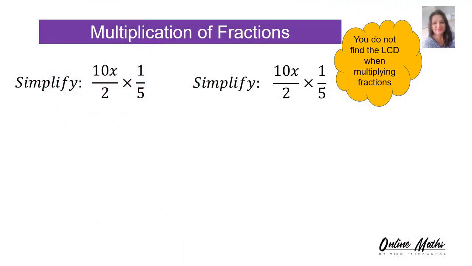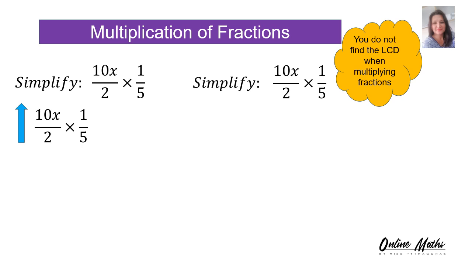Now when we multiply fractions, you do not find the LCD. The thing that you do is you're going to cancel out. What I did here was it's the very same sum, but I want to show you two methods of going about cancelling out. So when I give you the sum 10x over 2 times a fifth,